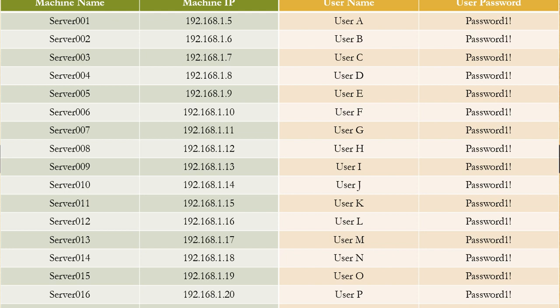Neither would I have had to keep track of all the usernames and their passwords of who will be logging on to their respective machines. So I could have created a user with the name of student, assigned a password and created the student user on all the 20, 25, 30 machines. But that would have been a security risk. It would have been a poor design